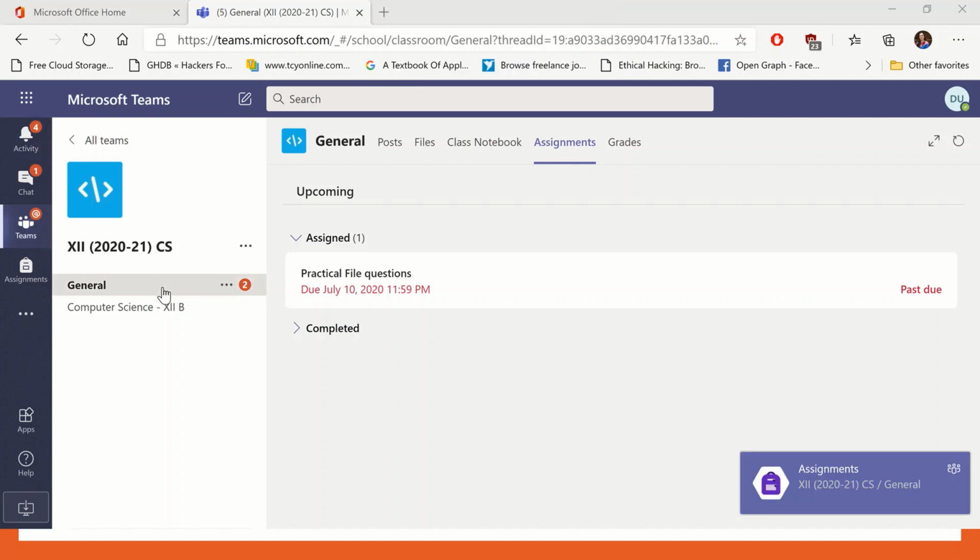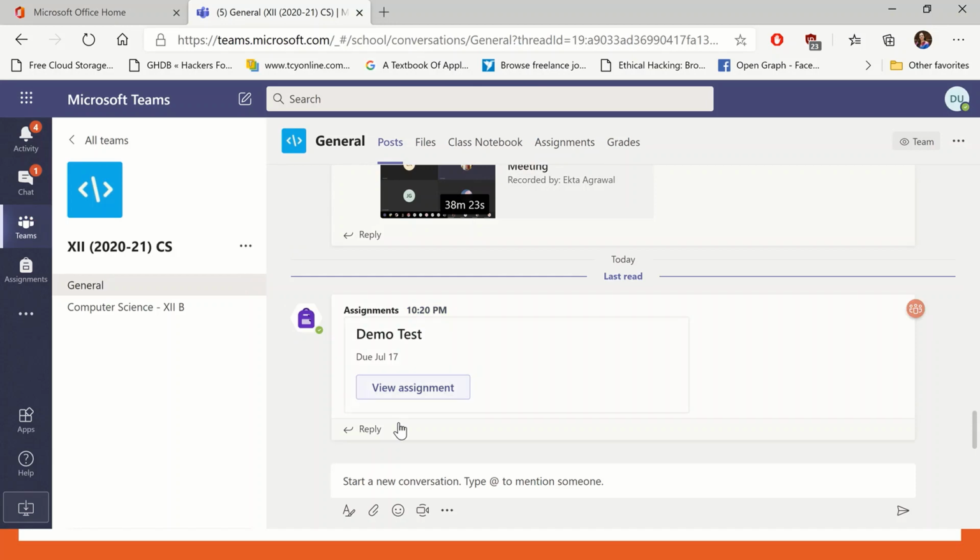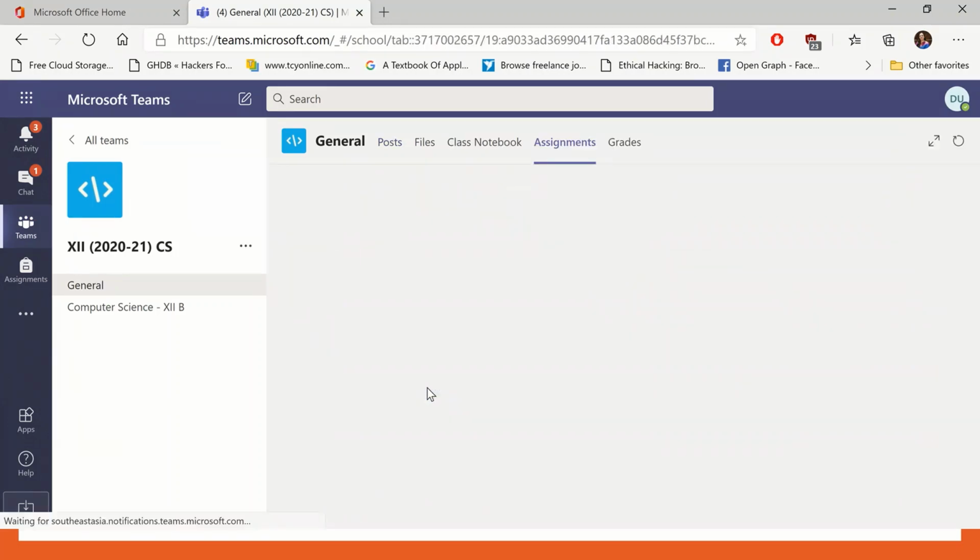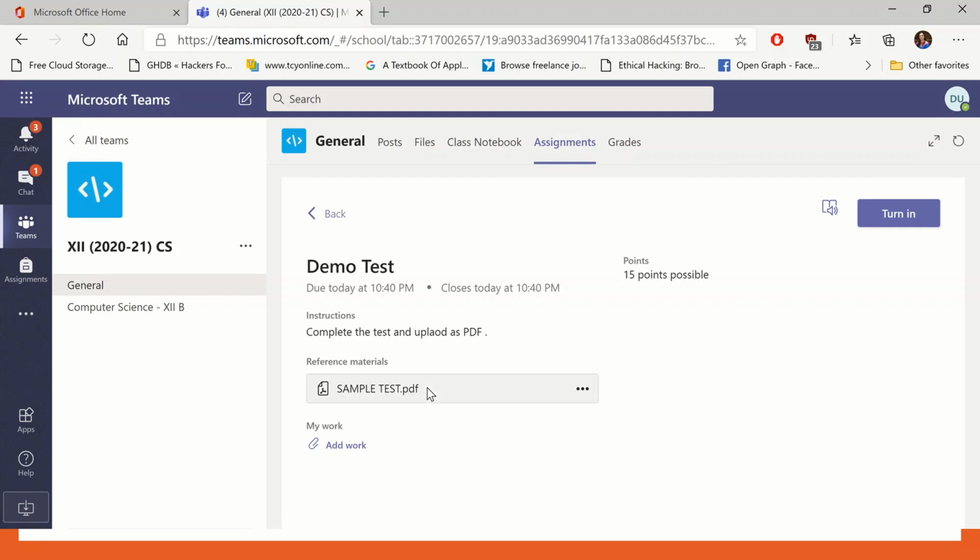So if you see, at the designated time, the student has received the test assignment. Now when they click on view assignment, they can do the test. So in my next video, I'll explain how students can submit